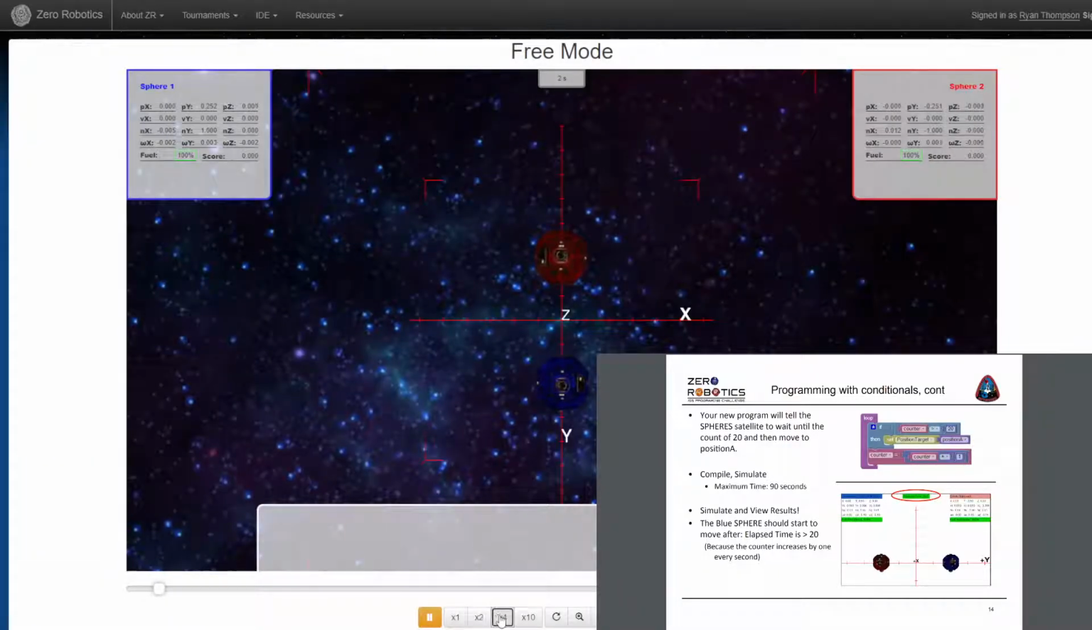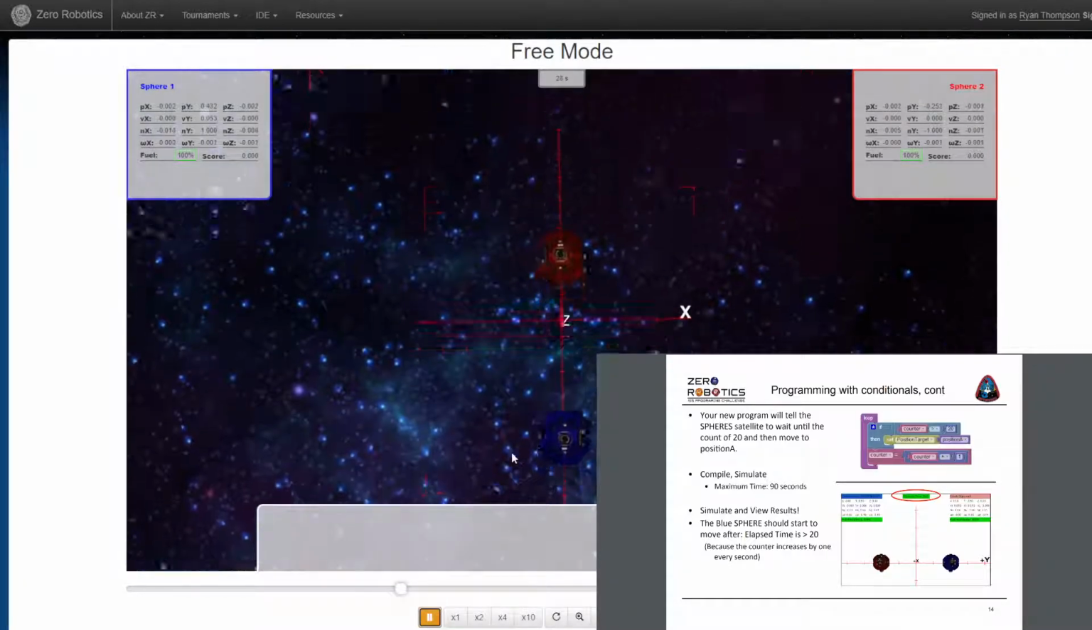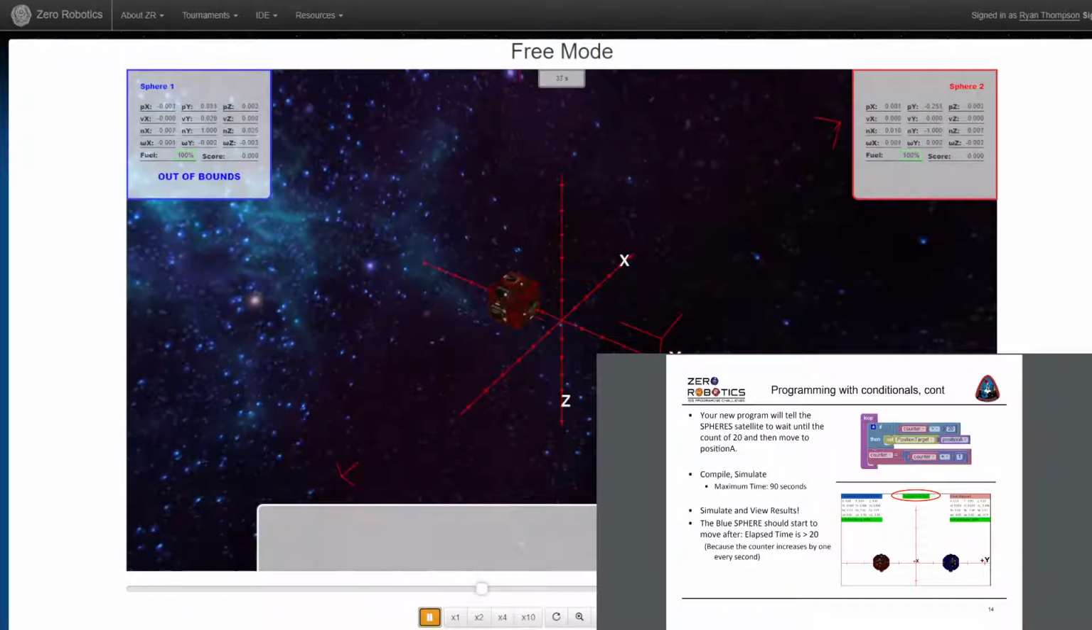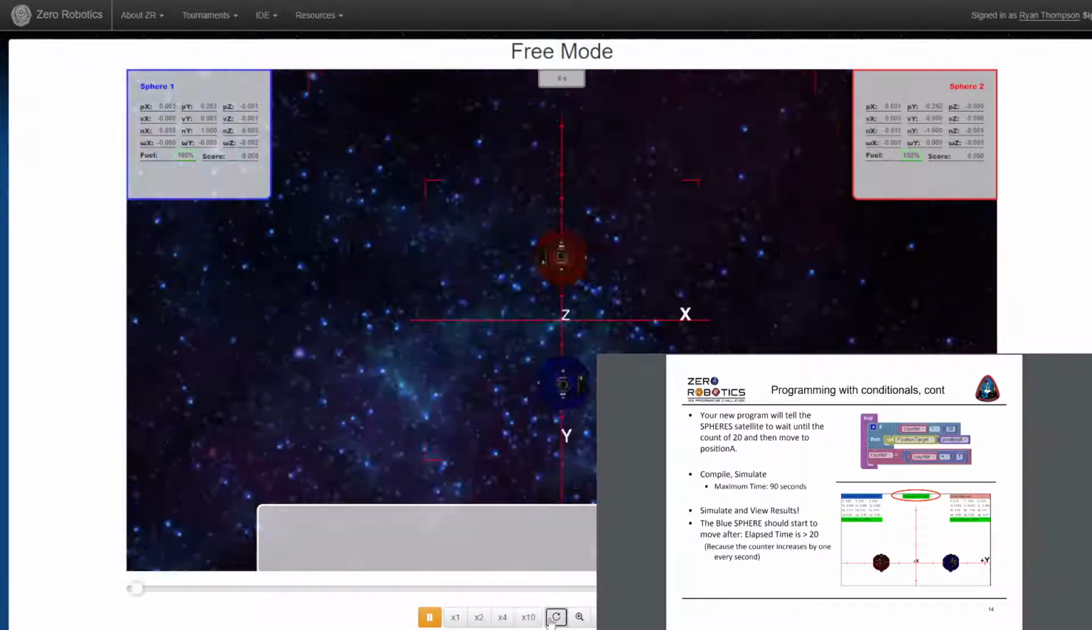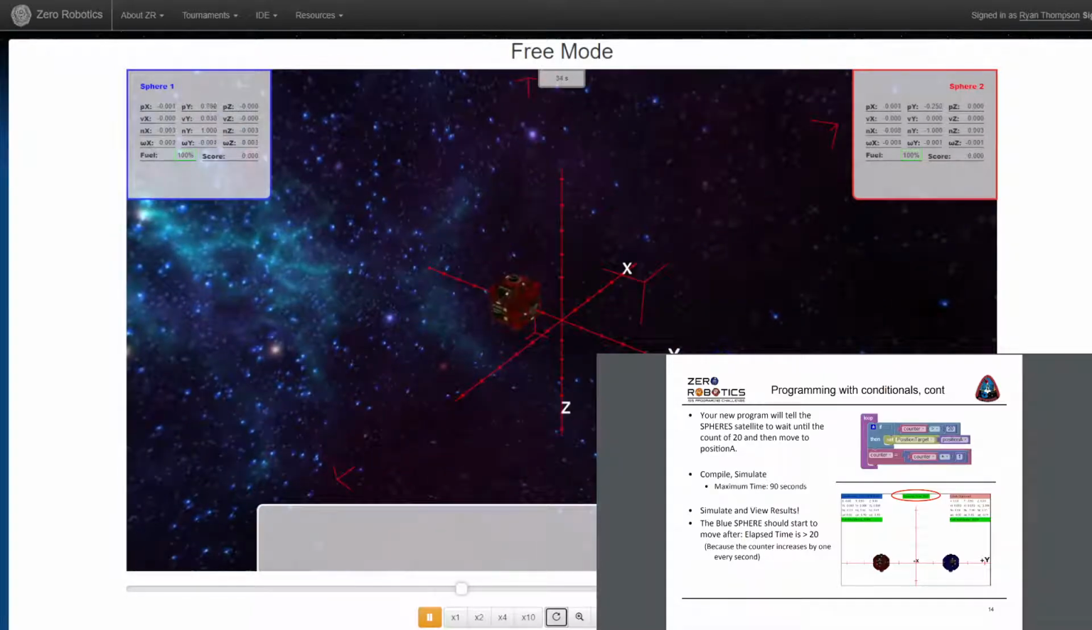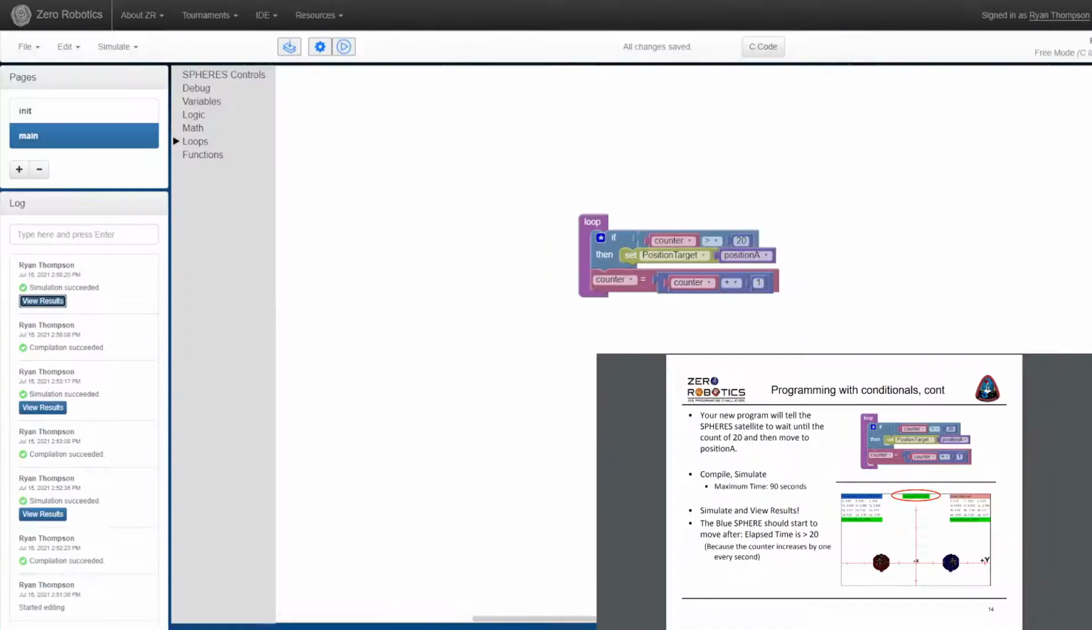And I'm going to speed it up a bit. So as you can see right now down here, time going by. So once it got to 20 around here, then it moves. So you can see your second count up here. So I'm going to start it over again, and you can see it's going up, not doing anything until it hits 20 seconds, and then it's moving to position A. So I'm going to return to the code now,